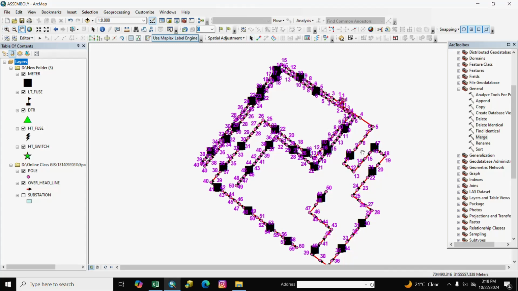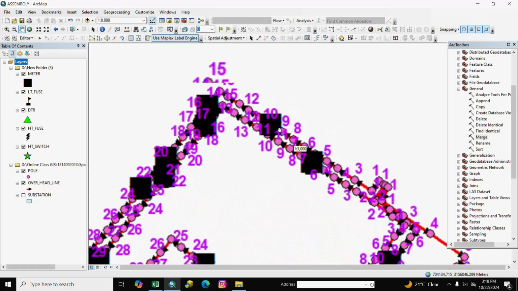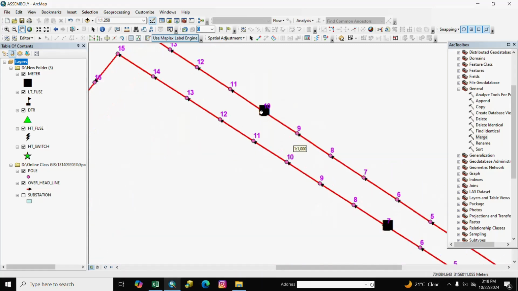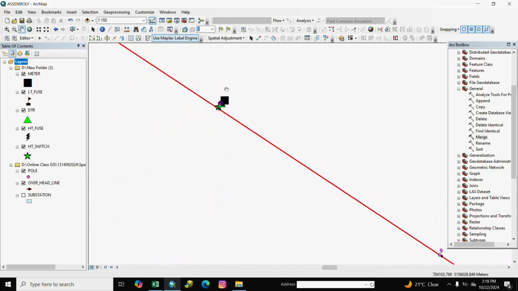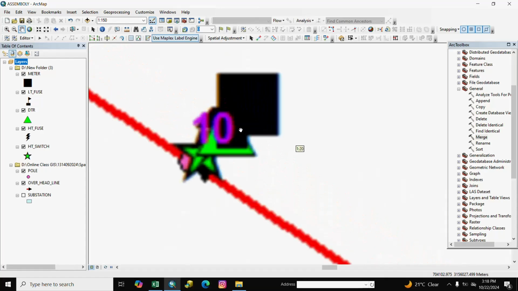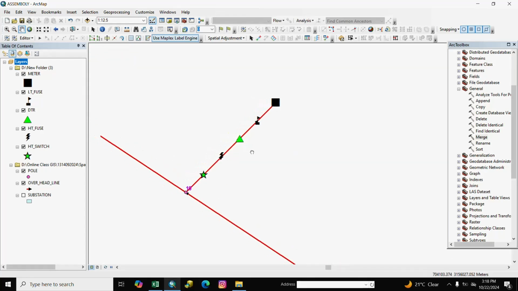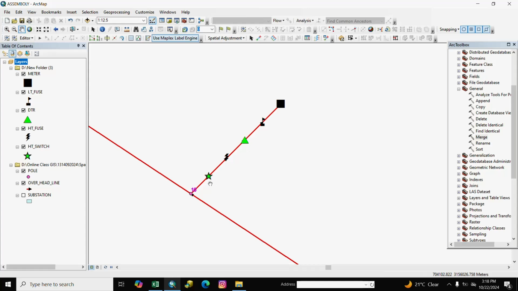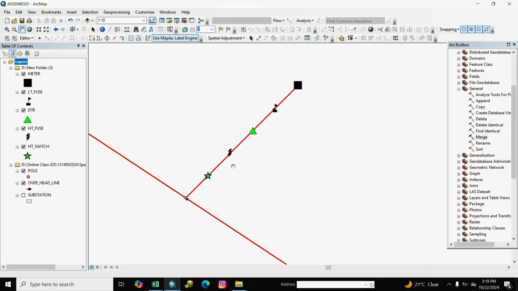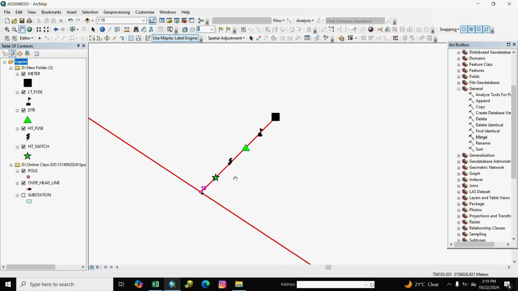We work only one, but see here all assembly is created systematic, automatically. ST side switch, ST side fuse, DTR, LT side fuse and meter automatically is created. If any problem, please comment it.